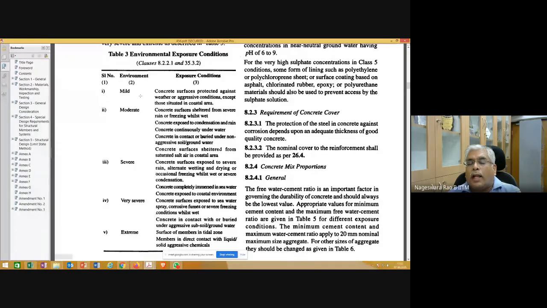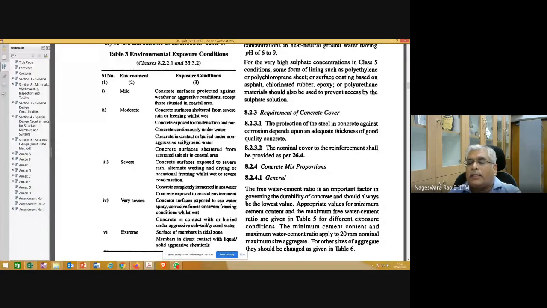How do I know what kind of environment? You need to go to the site where you are planning to construct the structure, see where it is located, and see the environment there. So you can see here mild. What does mild actually mean?